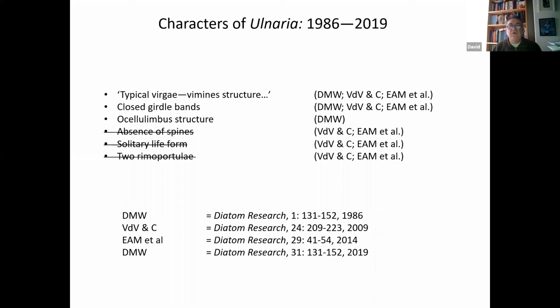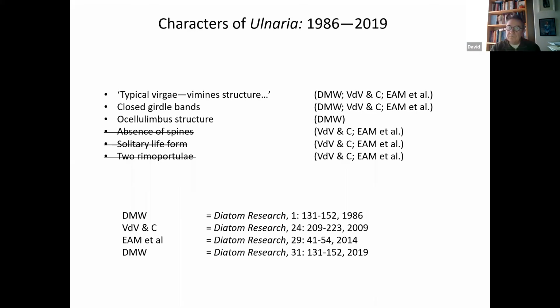Actually, later on, I had another look at that ocellular limbus structure and reinstated it in 2019. I have no confidence that's going to stay, but the point there is that you guys who are going to look at it would say, no, that's not a character of that genus. Now, let me emphasize this again. We're talking at the level of genus. So the rank is important here because it's part of that hierarchy. These are generic characters, not specific characters.